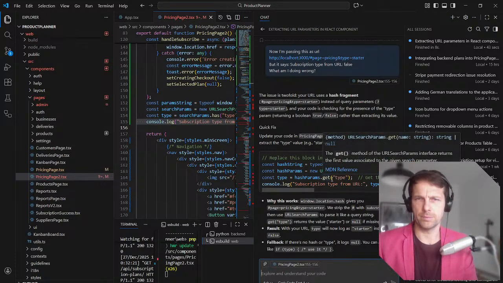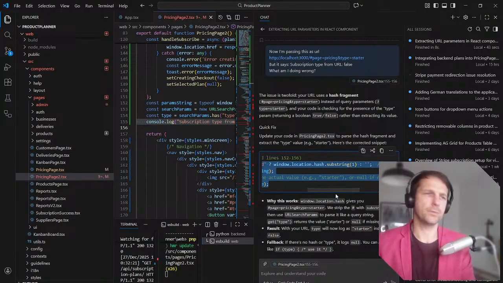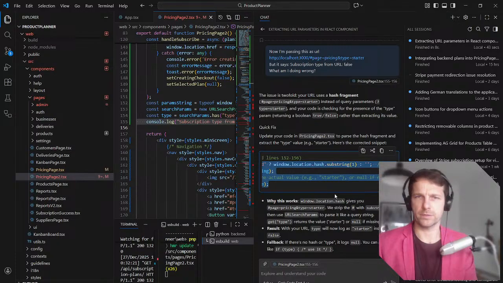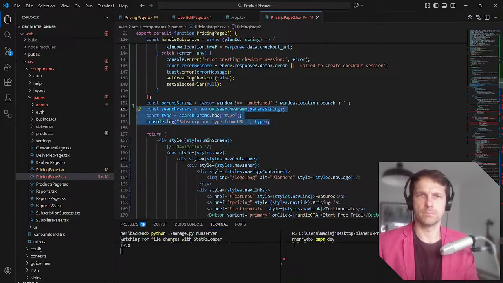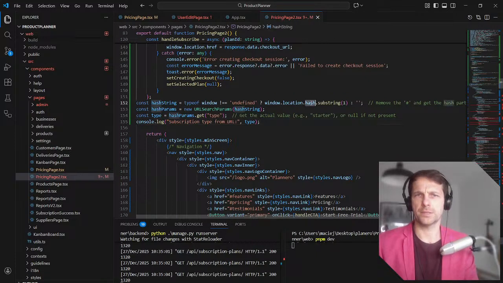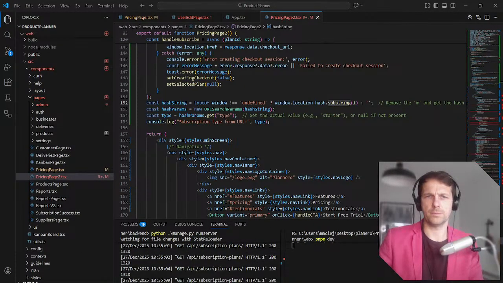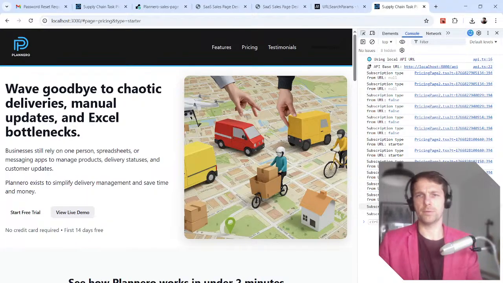Has get type. Hash window. Okay, well. Substring. Oh, okay. So this. Yeah, you were actually right. So I'm doing first param 1, for example. That would be type. Substring. Yeah, okay. Hash substring. Okay, this is obviously different code now. Yeah, okay. Let's see. Yeah, I'm just using different. Yeah, so now we know that it's a starter.